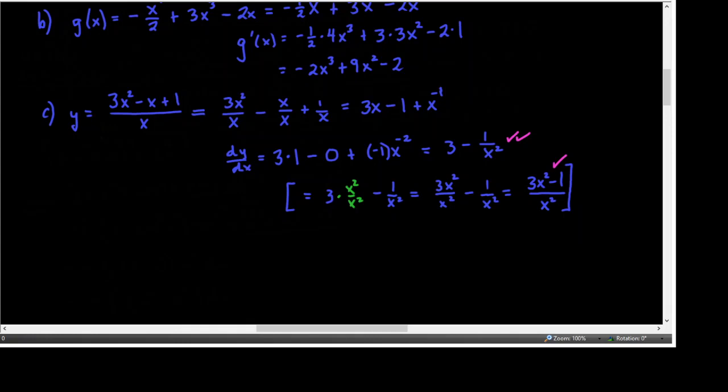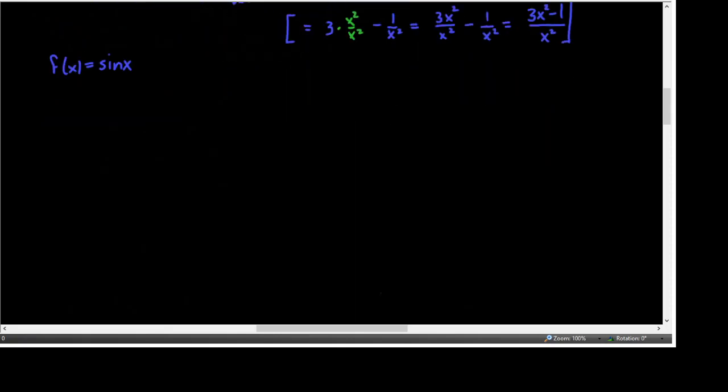All right, so now what I'd like for us to do is move to a trigonometric function, and let's see what we can do with that. So let's assume that our function is sine of x. Again, we don't have a derivative rule for this yet, so we're going to have to derive it using the definition of derivative, which involves using that limit